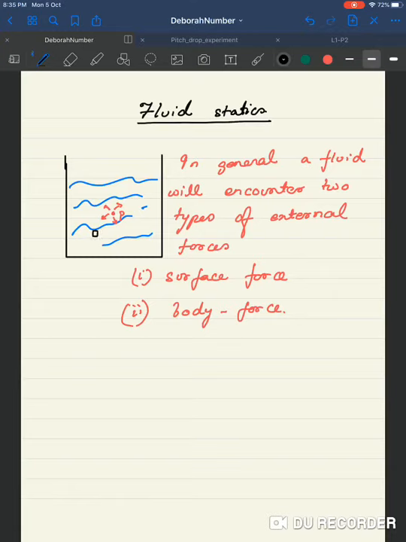So if we draw the differential volume out here, make it a little bit large, and let's say this is dx, this is dz, and this is dy, and the pressure at the center is P, then the force on this face